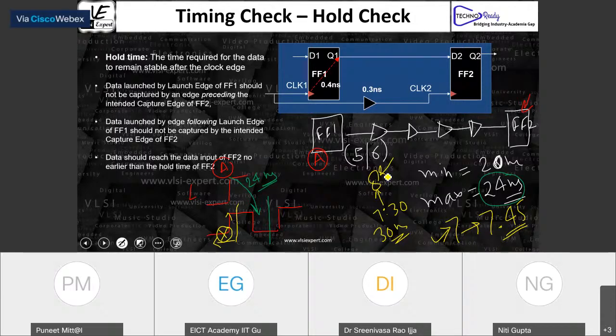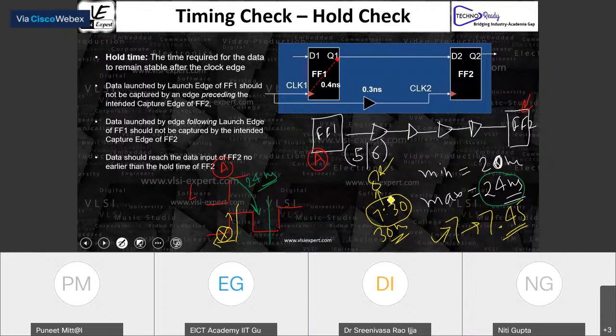So that means now you have a window. You cannot start before 7:30. You're going to start after 7:30 and you're going to start before 8:15. So now you have that particular window that, okay, you have to start after 7:30, but you have to start before 8:15. Then only you can reach at airport meeting all those two constraints. The first constraint is you should reach before 9, and the second constraint is you should reach after 8.